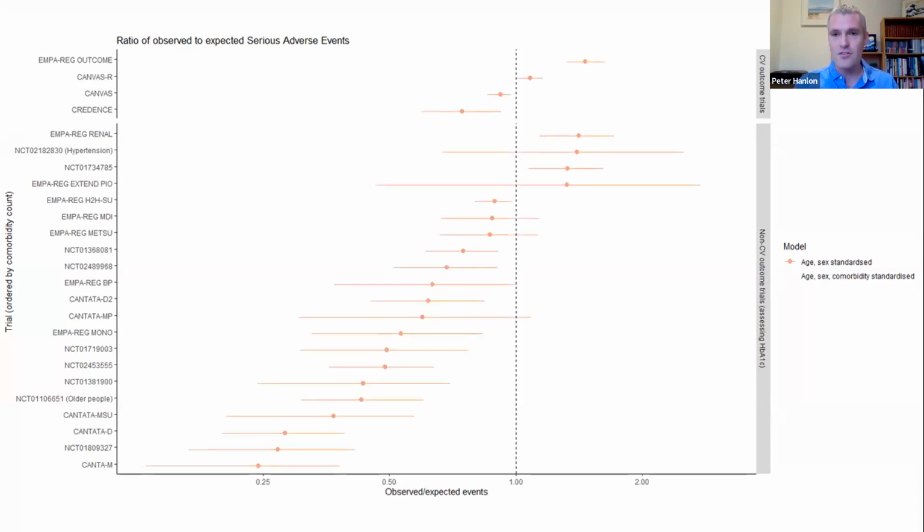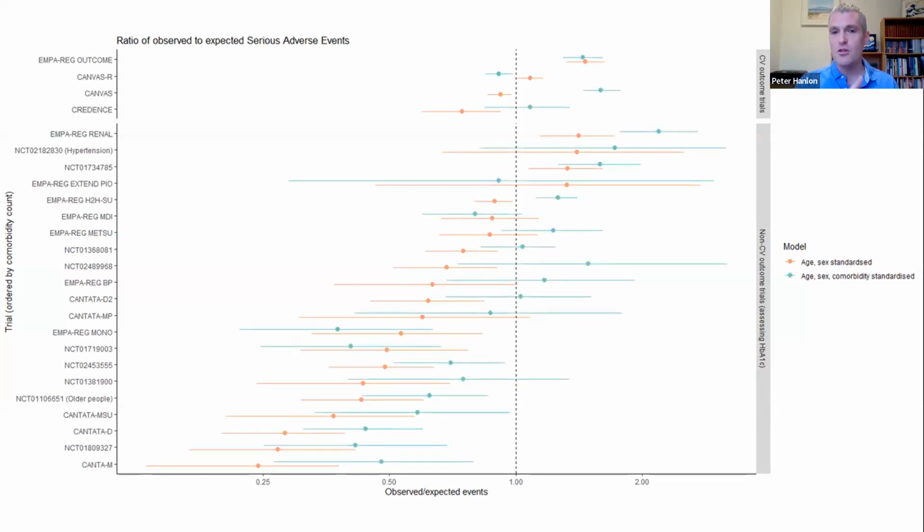What we found was, for the cardiovascular outcome trials at the top, the estimates were pretty clustered around that null line. So the rates of hospitalizations and deaths in the trial were pretty similar to the rates of people treated in routine care. For the other trials, though, they went from being similar to being about a quarter of the rate in the trial. So some of the trials had a considerably lower rate of events than people that would have been in the trial but were treated in routine care. So these ones at the bottom seem really quite selective. They're probably getting a much healthier population than we're treating. But actually, these big influential trials had event rates that were very similar to what we see, which may provide some reassurance as to how applicable this evidence might be.